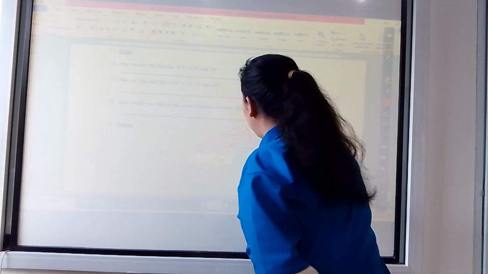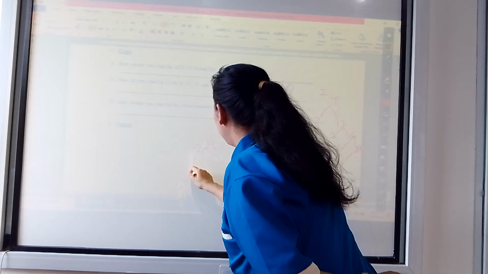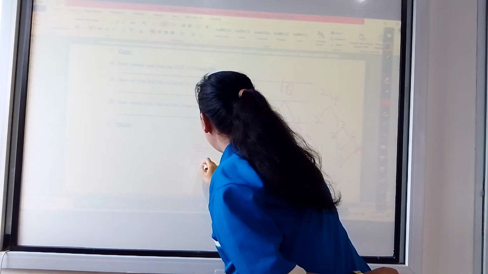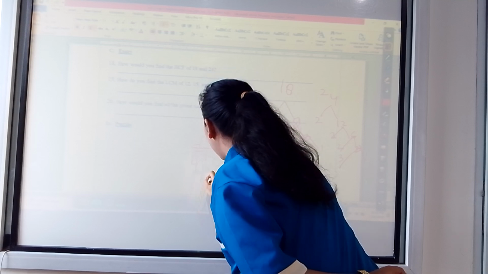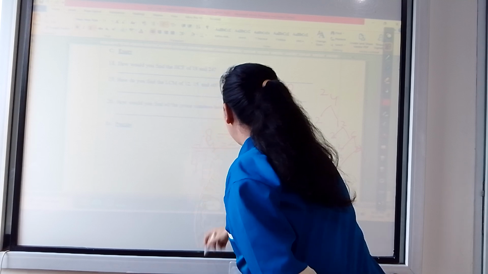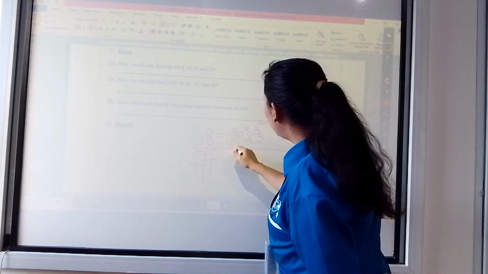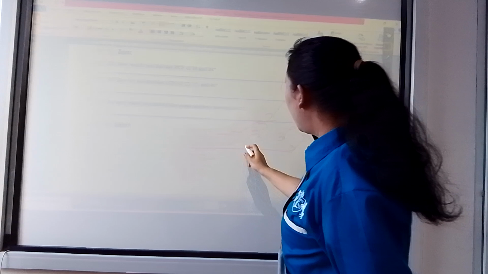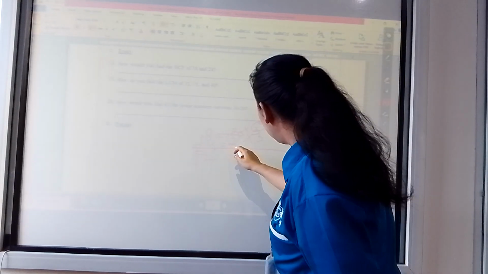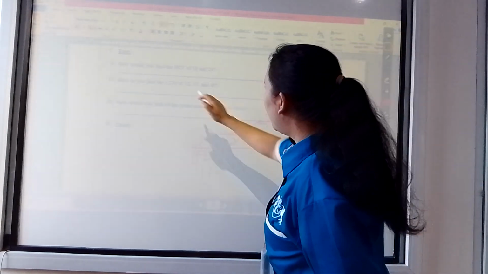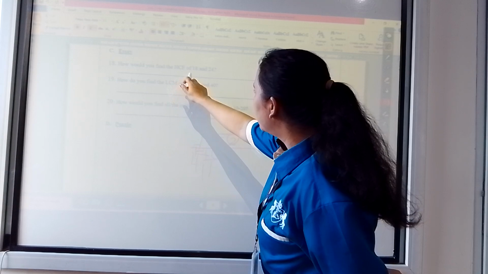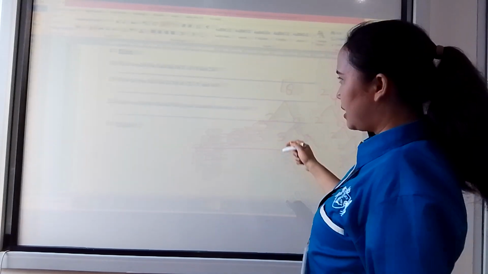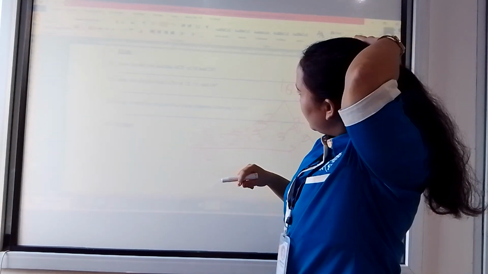So how to find the highest common factor? For the highest common factor, 2 times 3, so equals 6, like that. Okay, I see. So how to find out the highest common factor of 18 and 12 equals 6. Okay, next.